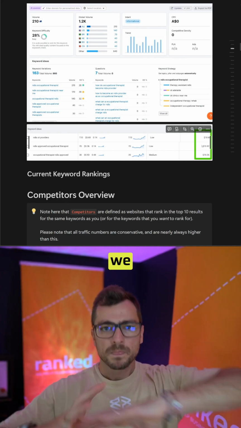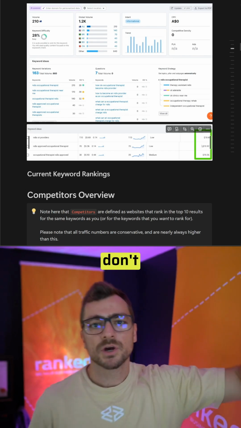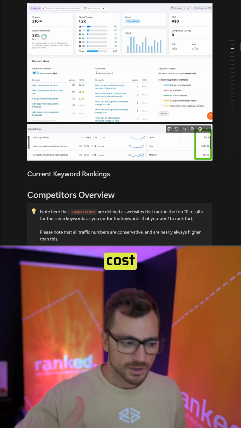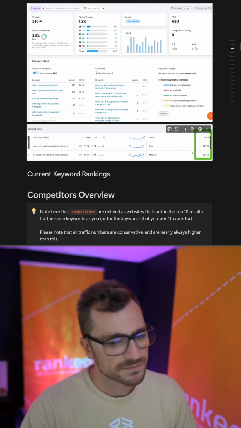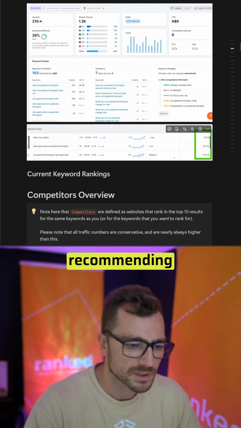So if we remove all the keywords we don't want, the cost per click of terms that actually matter a lot of the time is far higher than what Google is recommending here.